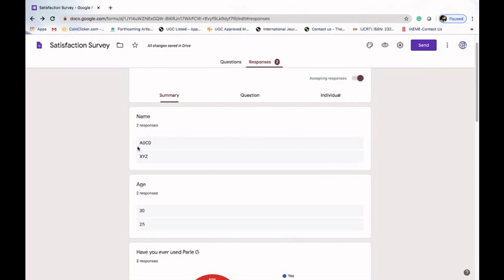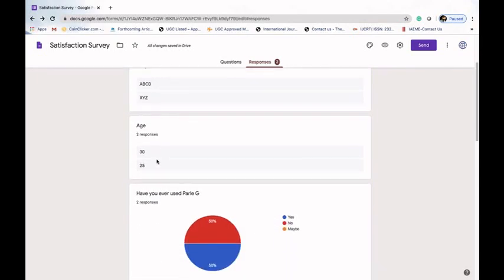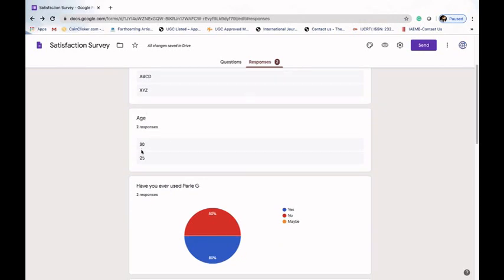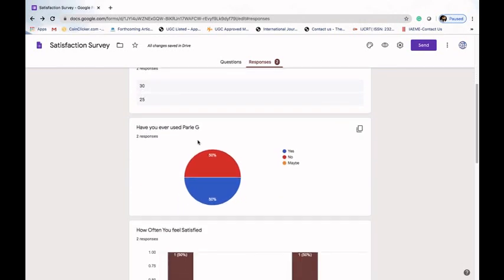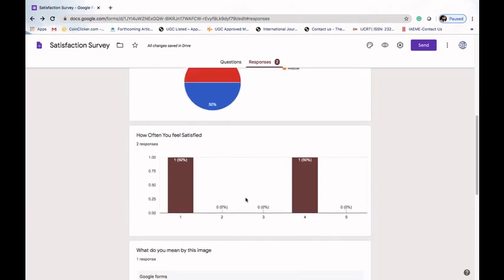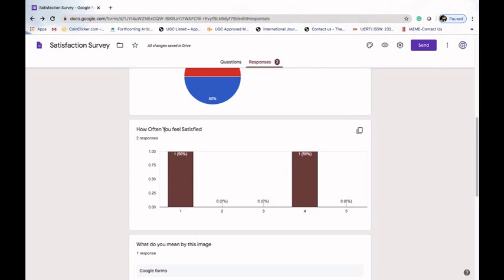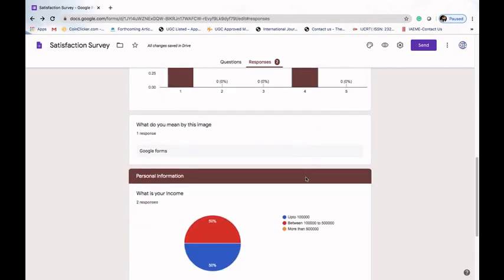The names of these two persons: the first person was ABCD and the other was XYZ. The ages of these two persons were 30 and 25. In response to the question, one selected no and another selected yes. And how often do you feel satisfied? One person says he feels extremely satisfied, and the other said he doesn't feel satisfied. And in